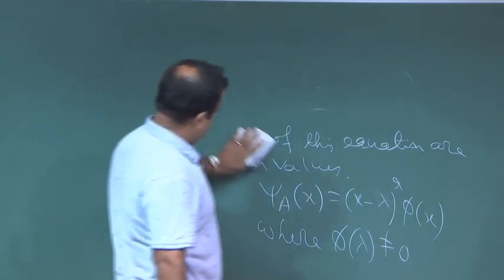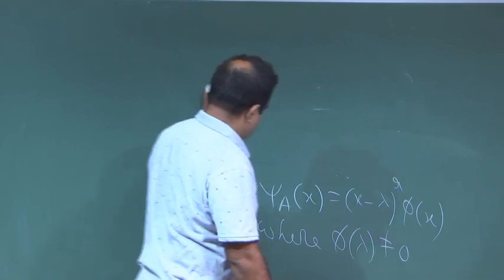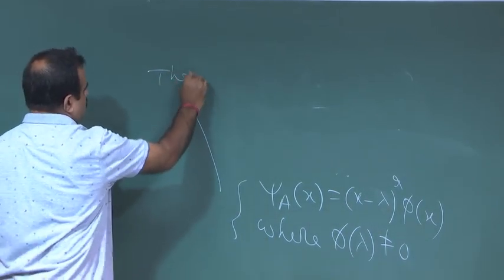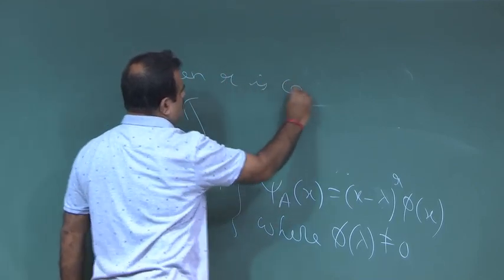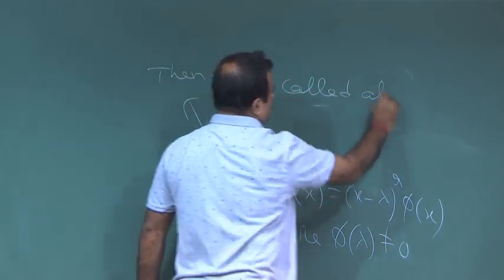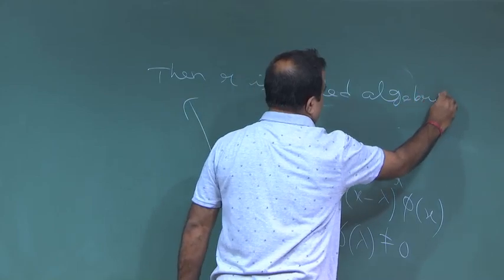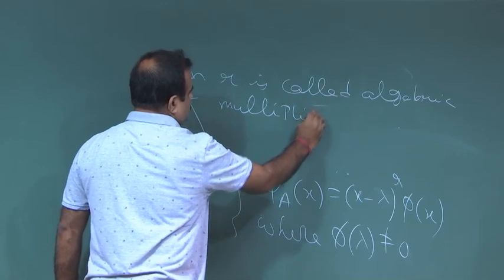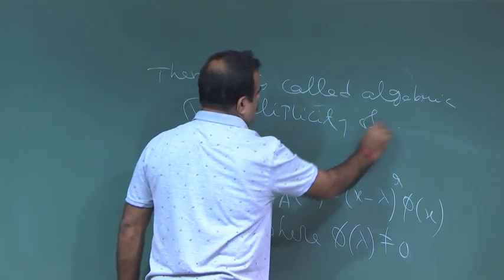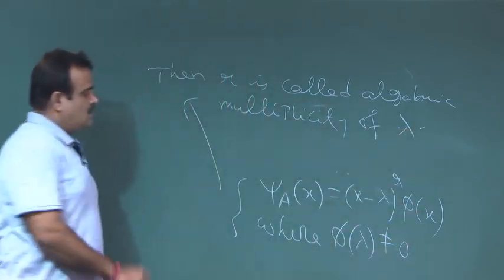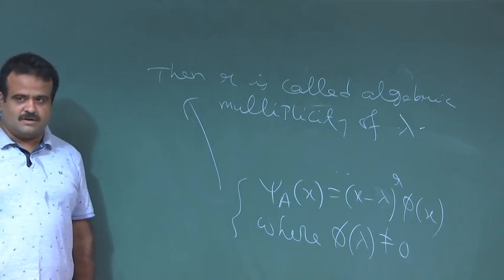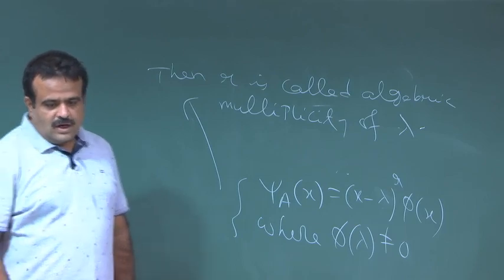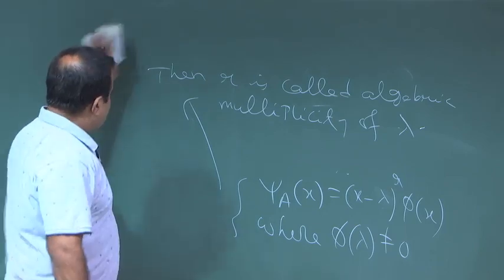Then r is called the algebraic multiplicity of lambda. Later on we will define the geometric multiplicity, which is based on the eigenvector. Okay, so this is the thing, and we also have seen that